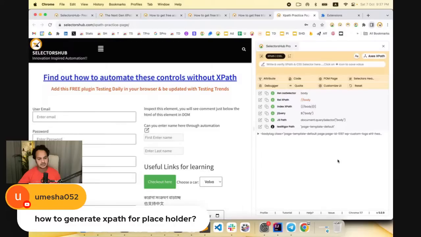How to generate XPath for placeholder? You don't generate XPath for placeholder, you generate XPath for that element. And that's where the placeholder attribute can be used to write the XPath. So like I showed you guys that